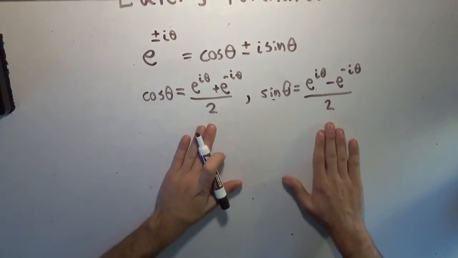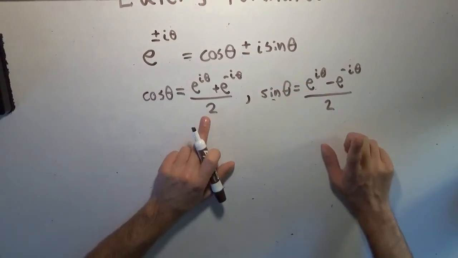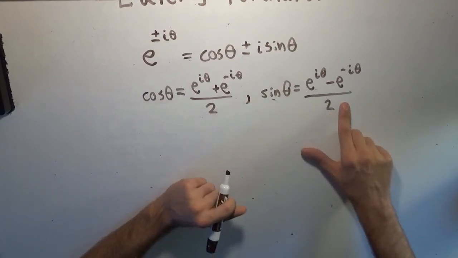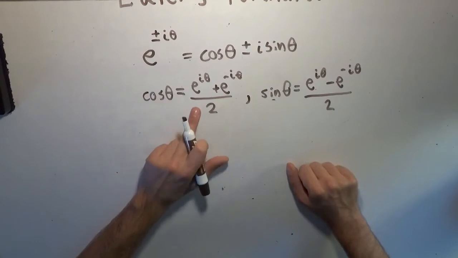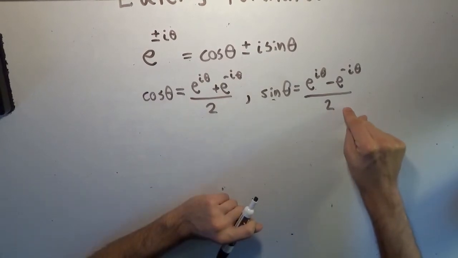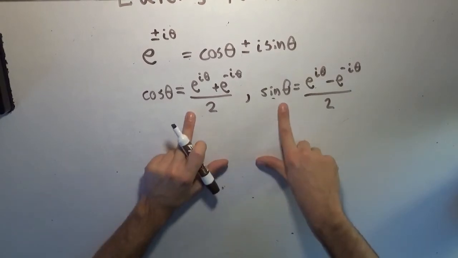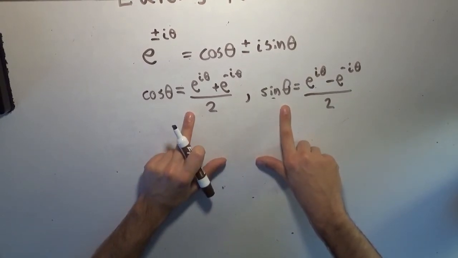And this will hold for all of the relationships. If you square this and add them together, you will get 1. If you take the derivative of this, you will get this. If you take the derivative of this, you will get the negative of this one. It's just truly fantastic. Of course, naturally, we can use these to define all of the other 4 trigonometric functions,